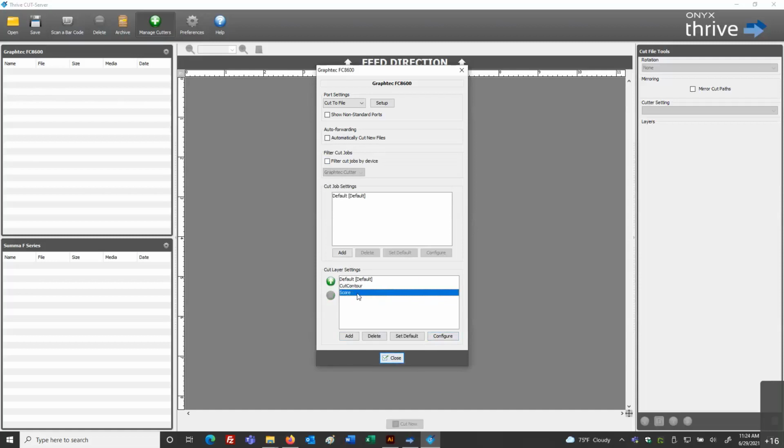If score is just a simple light cut, not all the way through the material, just breaking the surface, and the word cut contour represented possibly a deeper cut or all the way through cut, we can control, as you can see these arrows, we can control these settings, and I can have score happen before my hard through cut. And so there is an order to this layering and cutting.